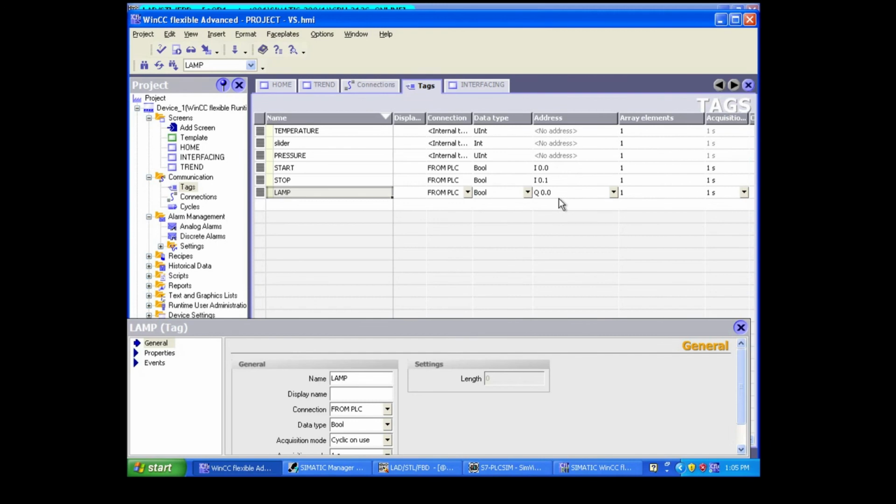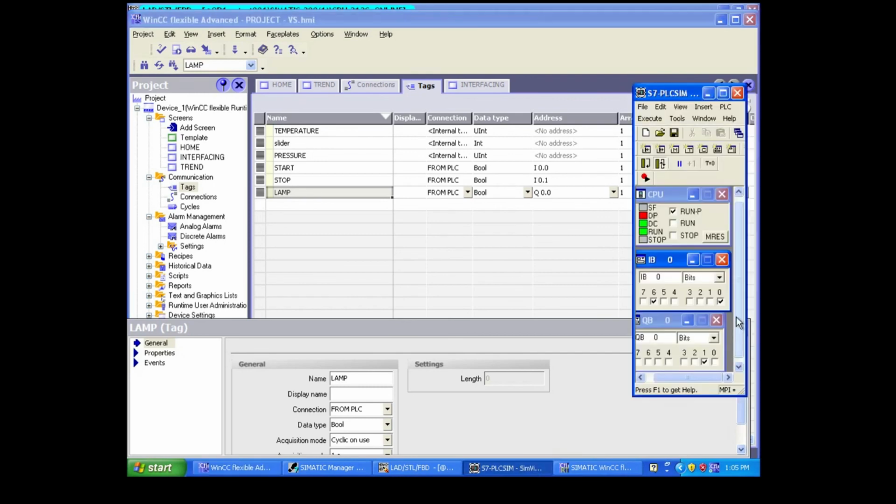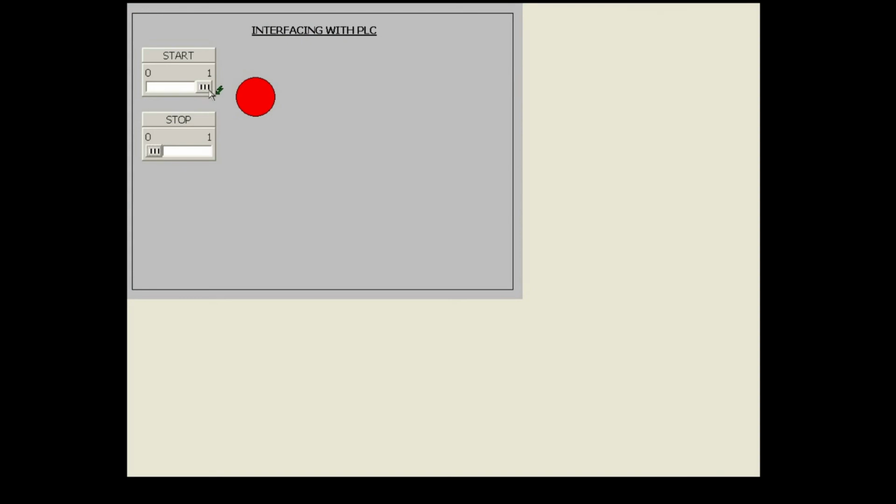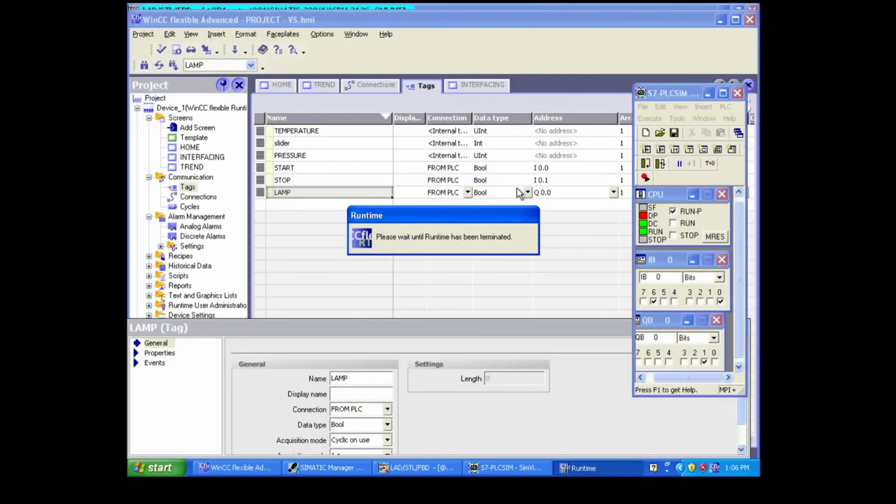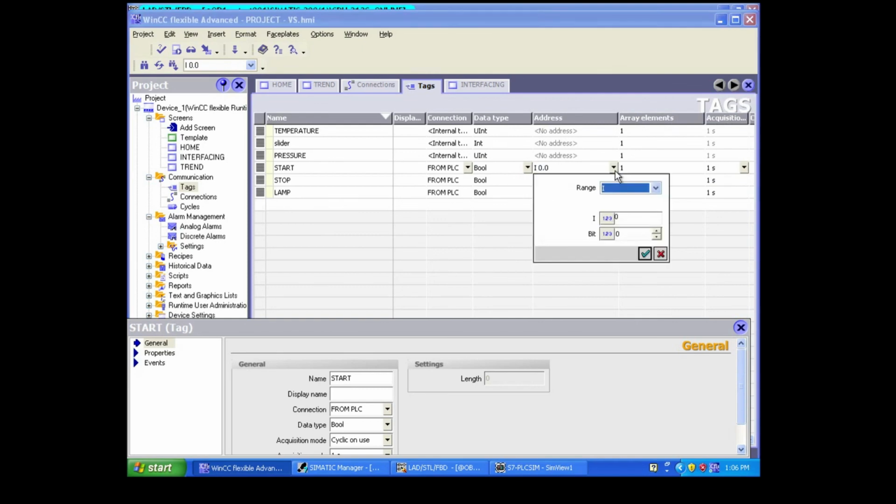But in SCADA you have different addresses, right? See, you have different addresses. So it is not updating. But when you are triggering I0.0 in the simulation window, this one is on because you have triggered the bit in the PLC, even though you are not using that in a program, right?